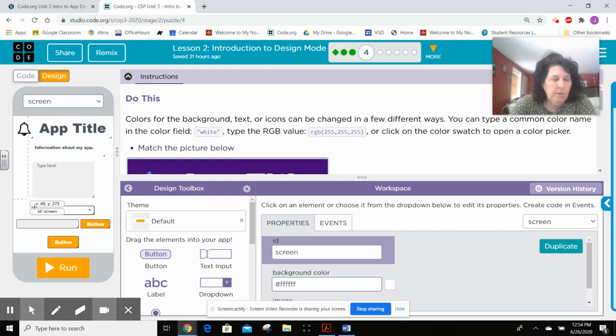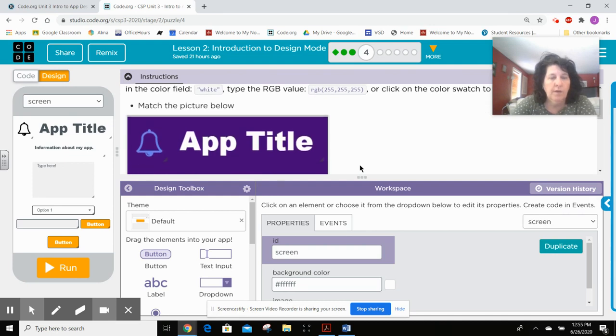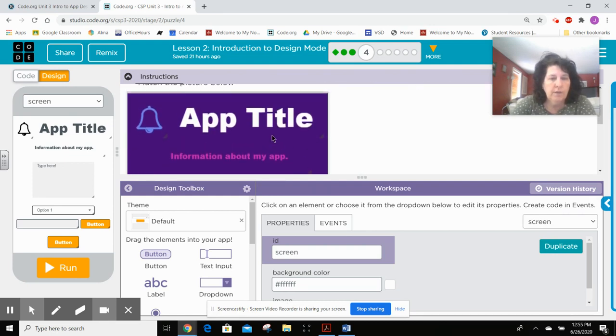Okay, so in bullet 4, they're back to this emulator picture over here, and it says in the do this, colors for the background, text, or icon can be changed a few different ways. You can type a common color name in the field. You could type white, blue, green. You could type the RGB value, which is here, or click on the color swatch to open a color picker. We also, as we saw earlier, can just type 6 numbers or letters. We're going to find out more about the letters, but I want you to play around, see what letters work, what letters don't work. And for this, they want you to try to match all of the colors to colors